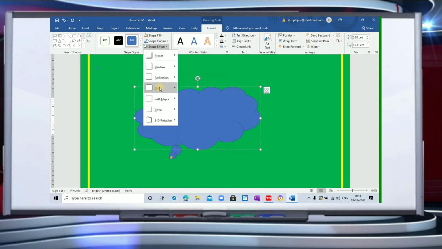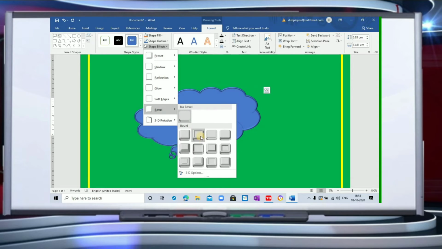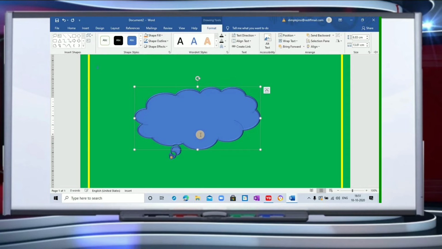Soft edges, glow. Wherever I go, I find so many effects, and accordingly you will see the change in your shape. We have one more effect, so I can click on this. Now I can see a change in this shape, in the outlining of your cloud.